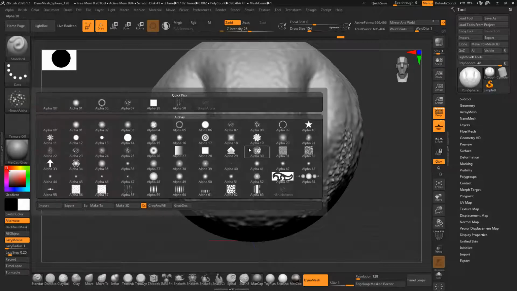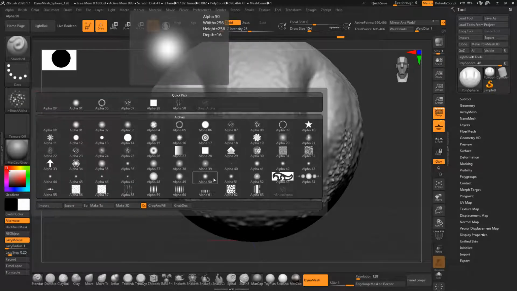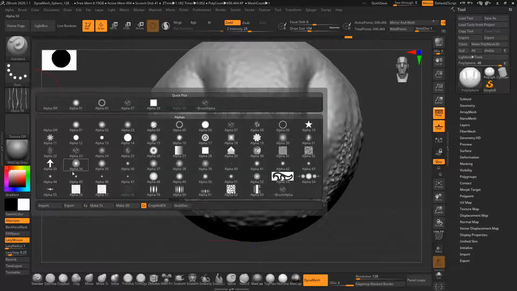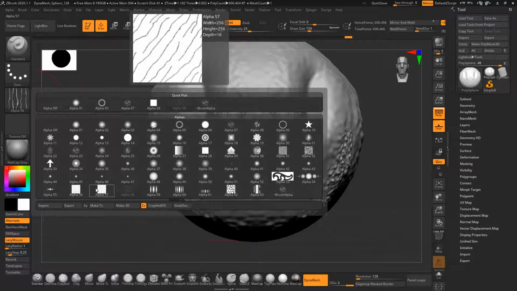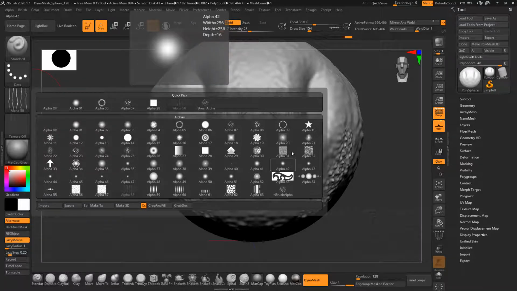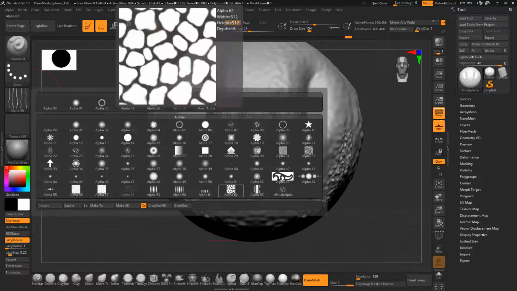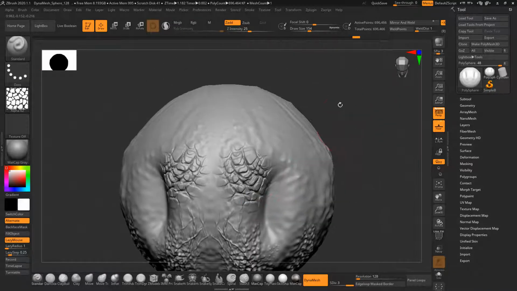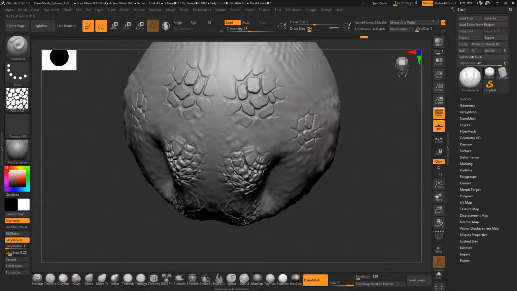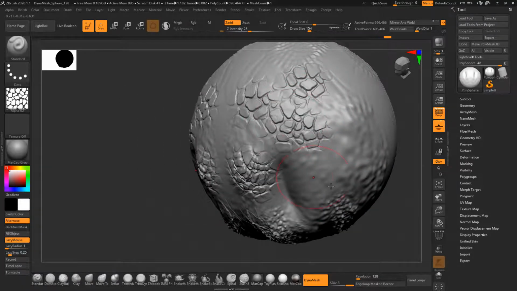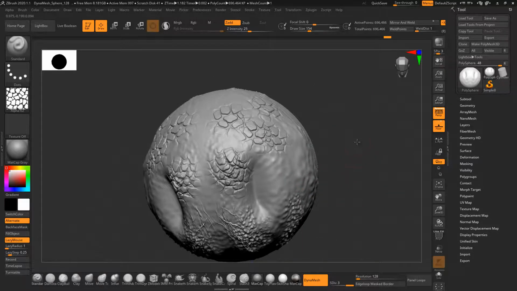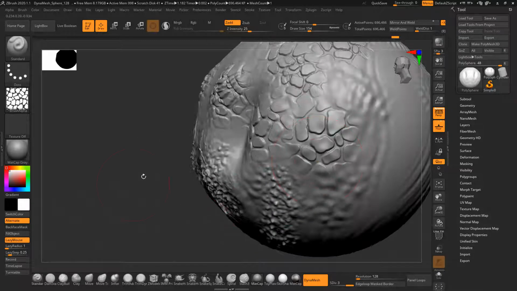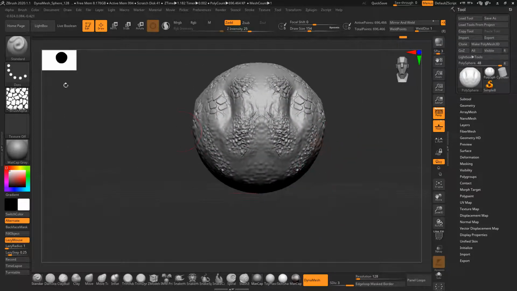So you can play with the alphas. You can try and select other different alphas and try out how they look. I will also suggest to go find and download, if you can find some alphas from the internet, and try to use them and test how they look. I'm just giving you a rough idea of how powerful this brush is, and you can customize it to your liking. Yeah.